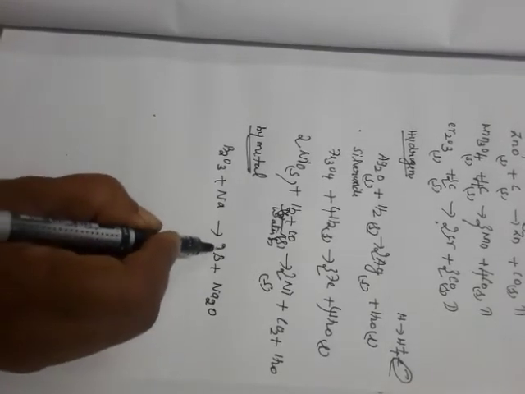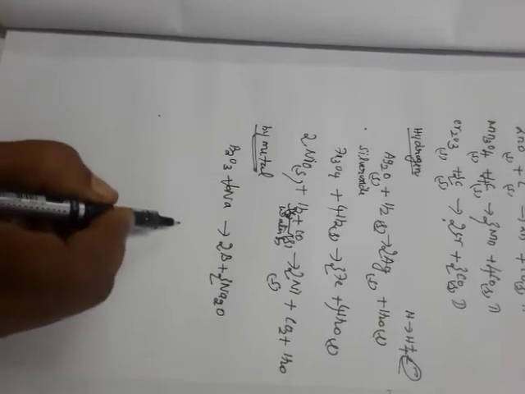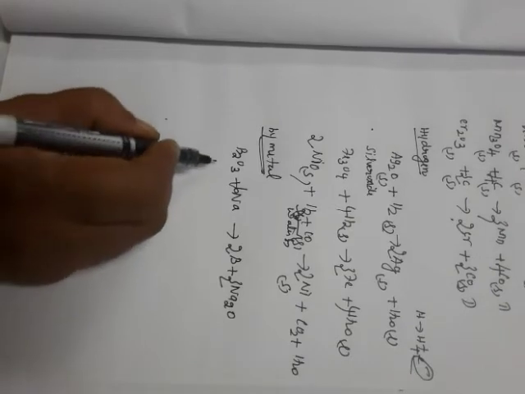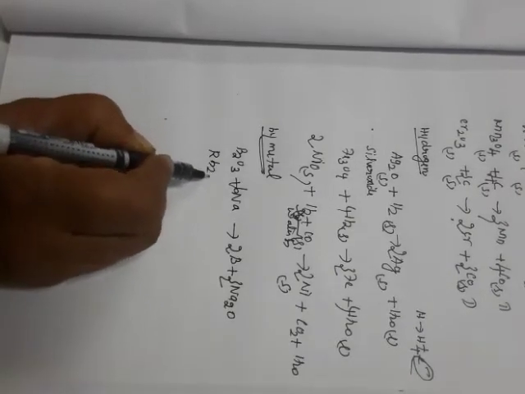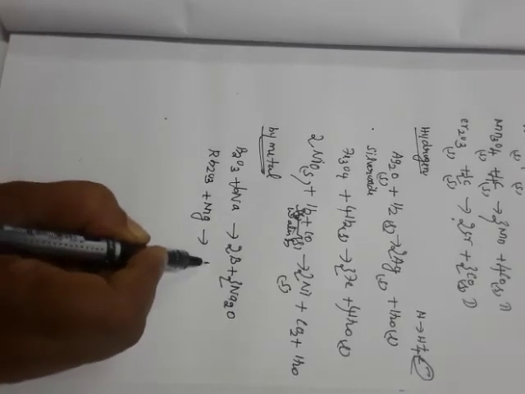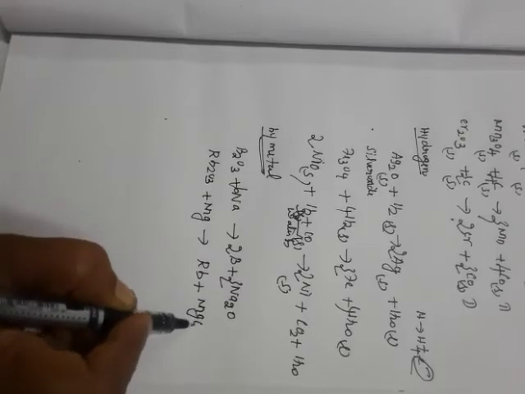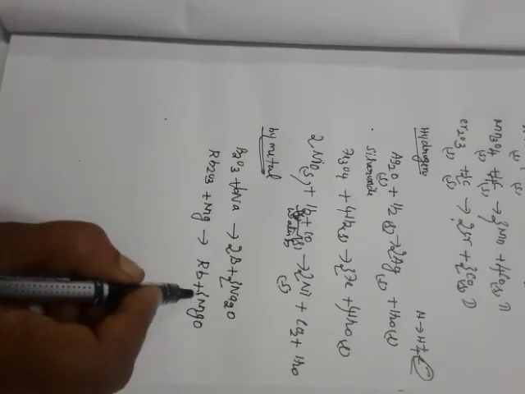On balancing, similarly, B2O3 with magnesium as a reducing agent forms boron metal plus magnesium oxide. Balancing,